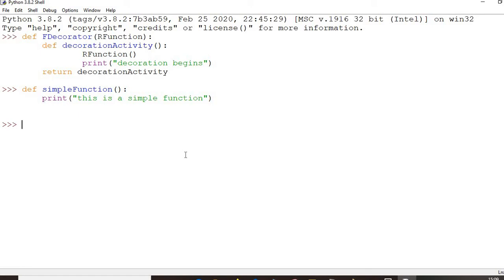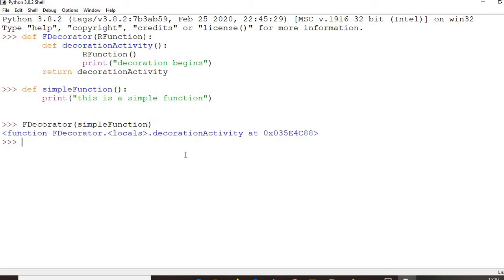Your decorator function is fDecorator, and you need to pass simple function as an argument, right? So you are calling the fDecorator function with simple function as the argument. Okay, so you need to use a variable here because a return statement has been used in the decorator function.